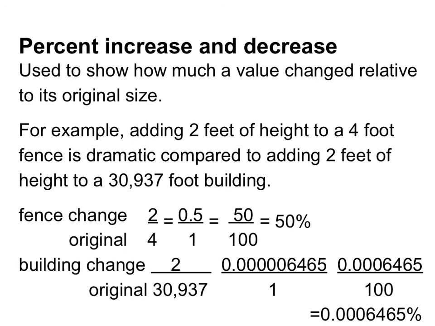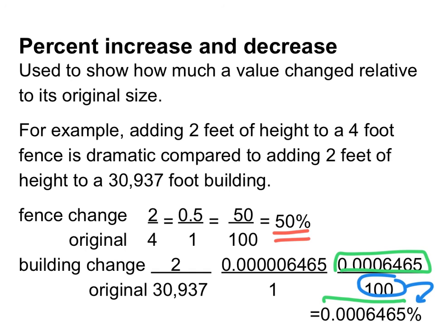Now notice, I just want to point this out again. This numerator is exactly the same number that I have written right here. The dividing by 100 just becomes a percentage sign. I don't actually do it. Now, within this question, my percent increase and decrease very clearly shows that, whoa, adding 2 feet